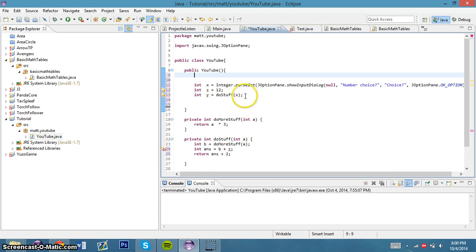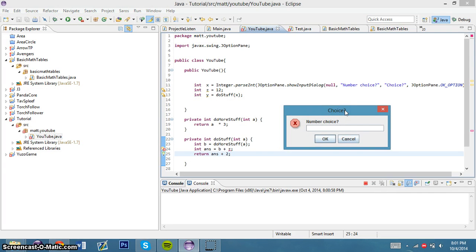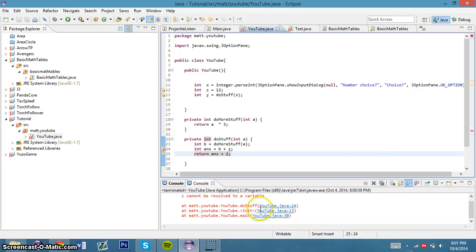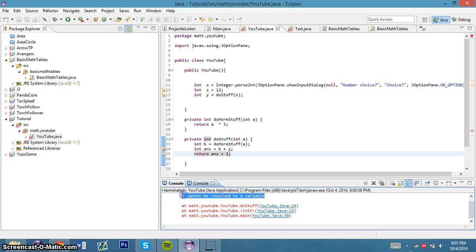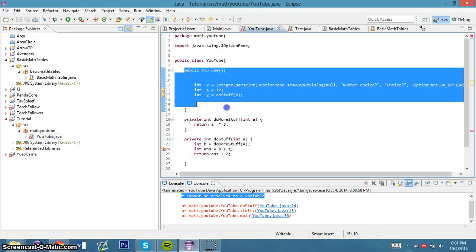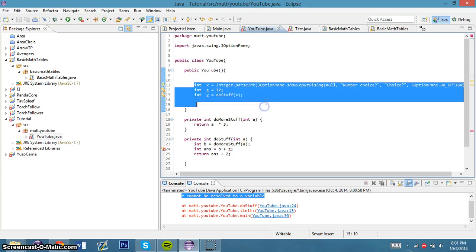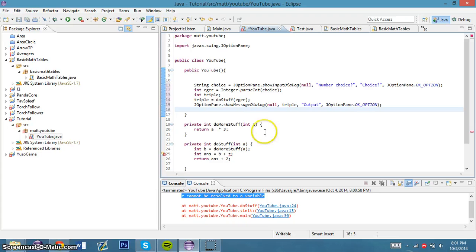So you can't, for instance, do what I've written up here, which is define, say, int z up here, and try and add it to an int b down here, because if you try and run it, it's going to ask you what you want to put in. So we'll put in 5. And then down here, z cannot be resolved to a variable because this z is not visible outside of this method right here. So what you have to do is something like this,